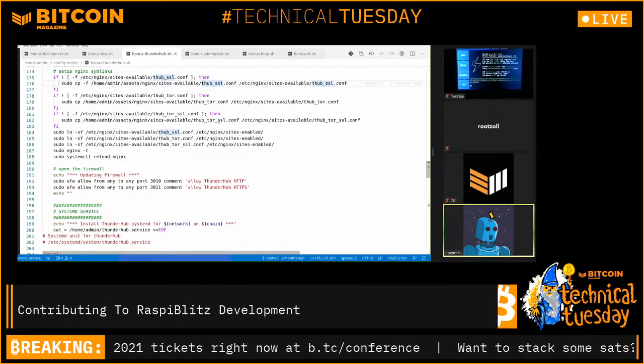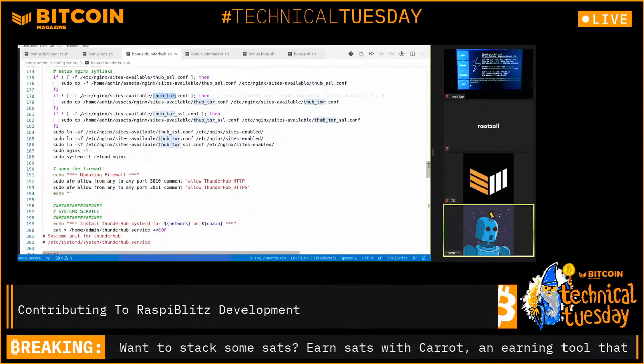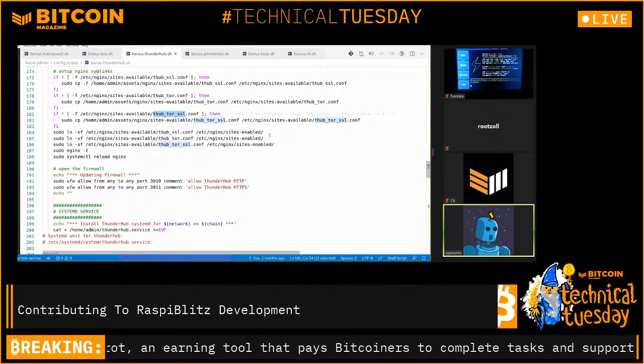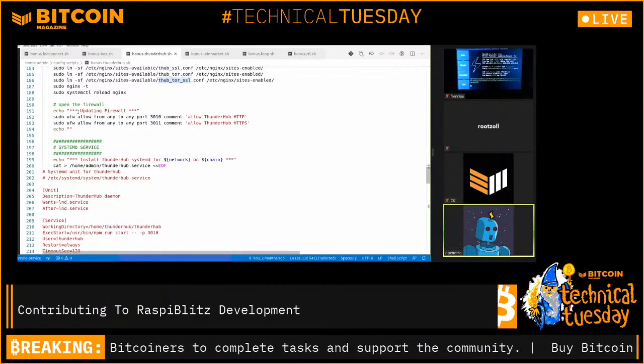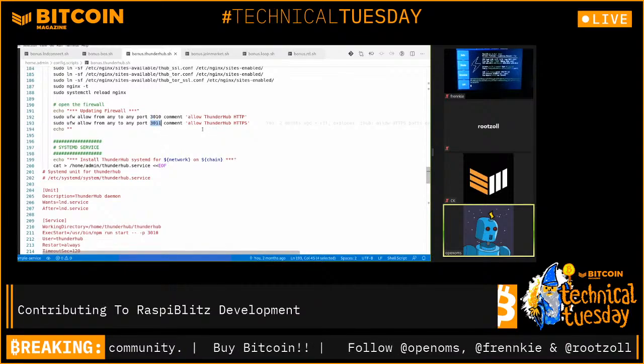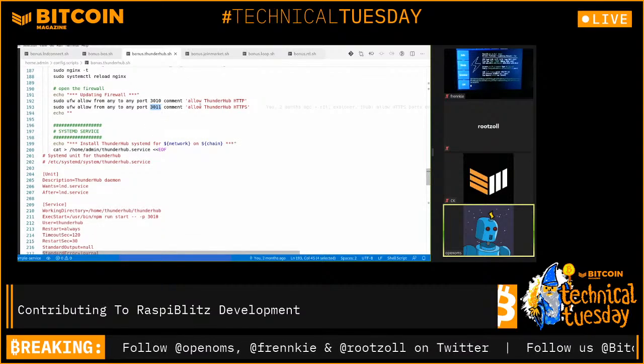And then we do it with all kinds of configurations, which is on the SSL. We serve through Tor via Nginx as well, and then there is an encrypted service through Tor with Nginx as well. So that's the three things. And there is a little firewall running on the node, so we just open that for the port we want to have ThunderHub available on, which is namely 3010 and 3011 for the ClearNet and for the encrypted